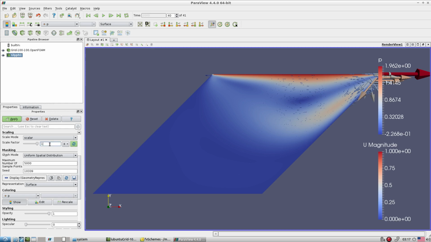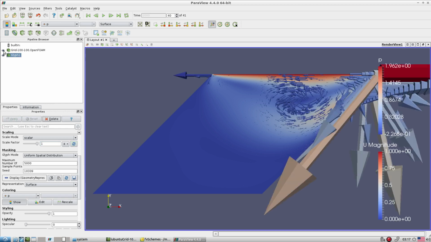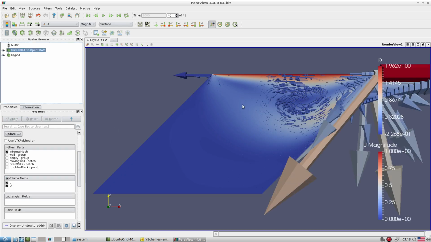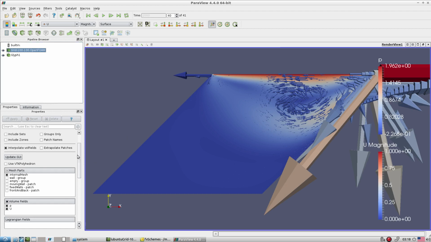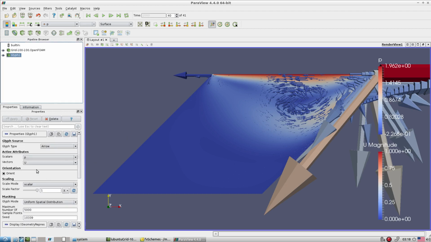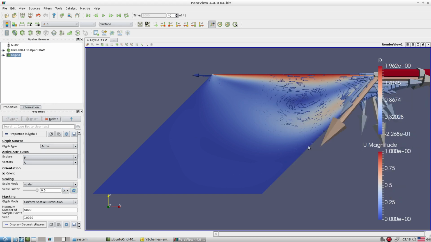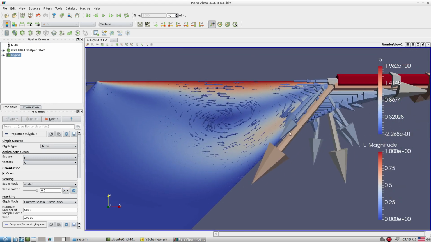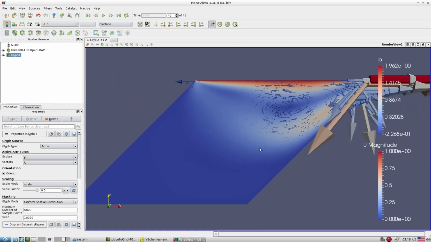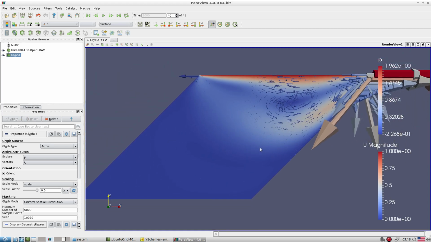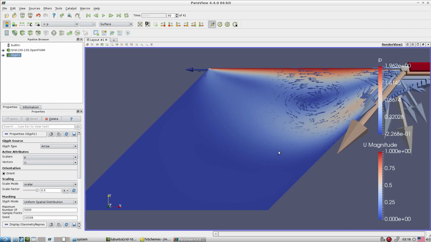Let me increase the scale factor. Slowly you are able to get a very nice plot out of it. Wait a minute. We have to play with certain settings. When we start exploring paraFoam, I will give you a detailed idea about this part.